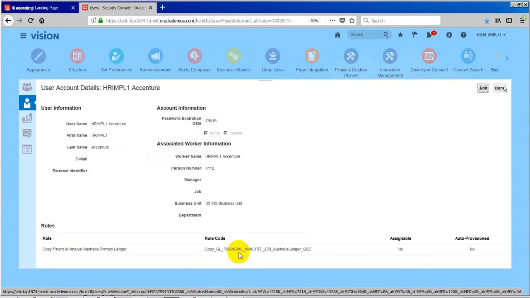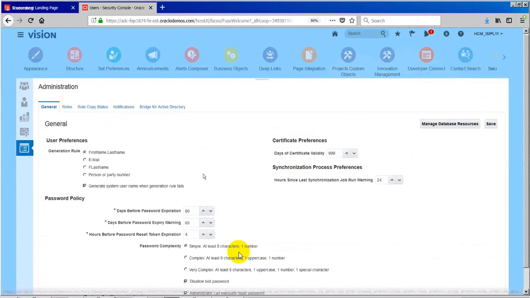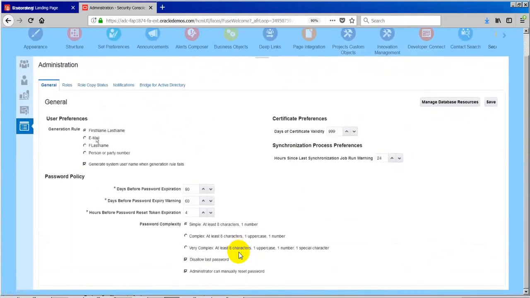Okay. So every 90 days we have to change our password then, right? The password expiration date is 7/8. Yes. So in this administration, we will set this thing actually. In the password policy, we can set the password expiration to 90 days, how long ahead we need to send the expiry warning notification, how long that password expiration token will be active, and what the password complexity is, simple or complex or very complex.